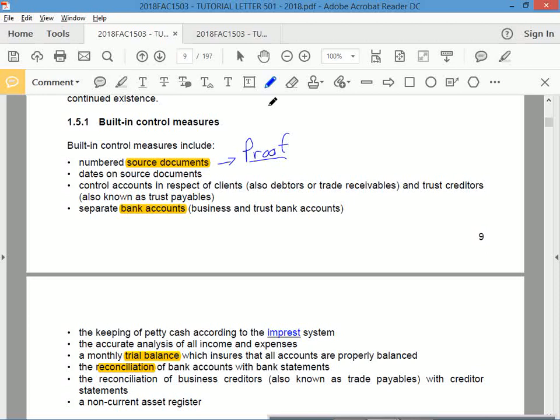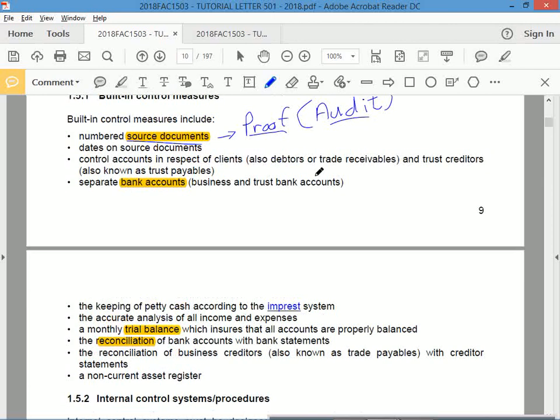Right, so if a business is running a business, the business needs to keep proof. And the proof is called the source document. That's what the auditors actually look at. An audit, we spoke about an audit. An audit is the process of checking that those transactions are legit and those transactions actually took place. The only way we can do that is by checking the source documents. And that's where they get involved quite a bit. Was the invoice authorized? Was the invoice paid? Those types of things.